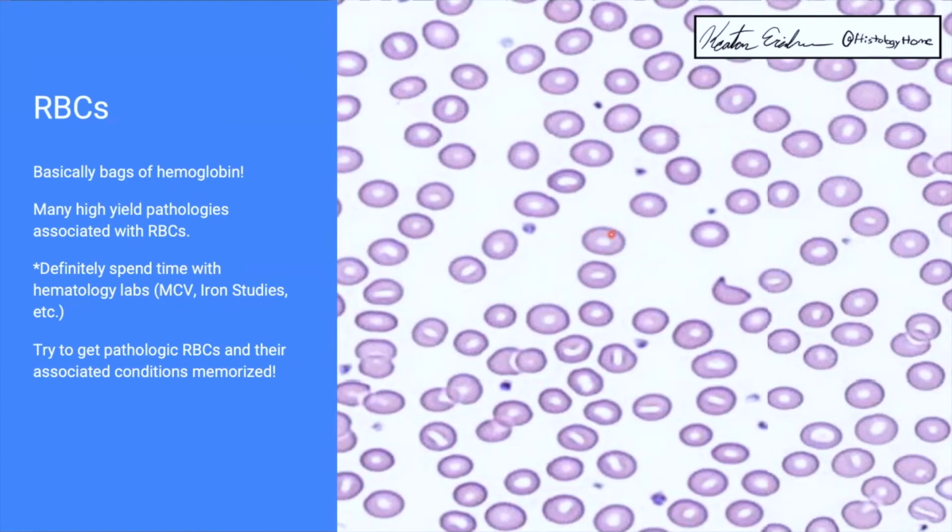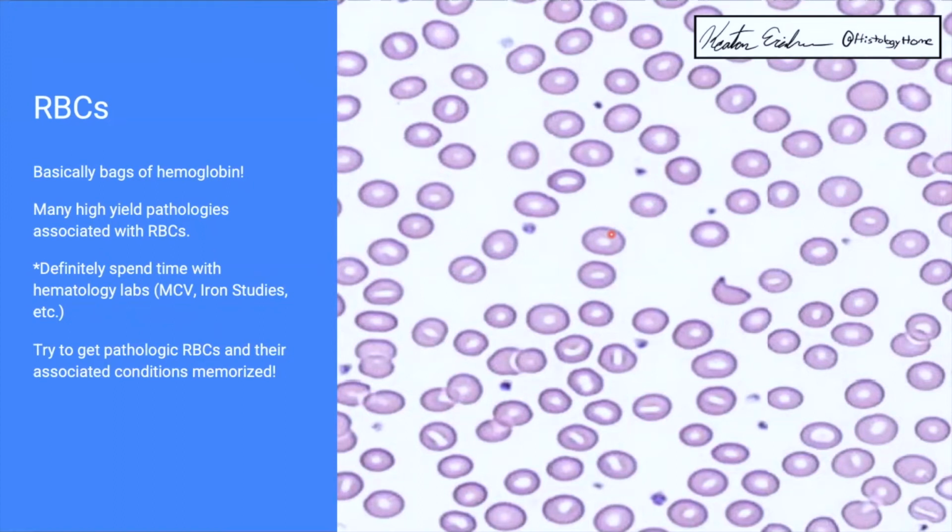I would try to familiarize yourself with what normal red blood cells look like, because you might be asked to identify microcytic or hypochromic or macrocytic red blood cells, all of which have a differential diagnosis associated with them. In the case of microcytic hypochromic, your first thought should probably be iron deficiency anemia, of which many pathologies can cause. But as far as normal histology, I would try to familiarize yourself with how much eosinophilic material is there,